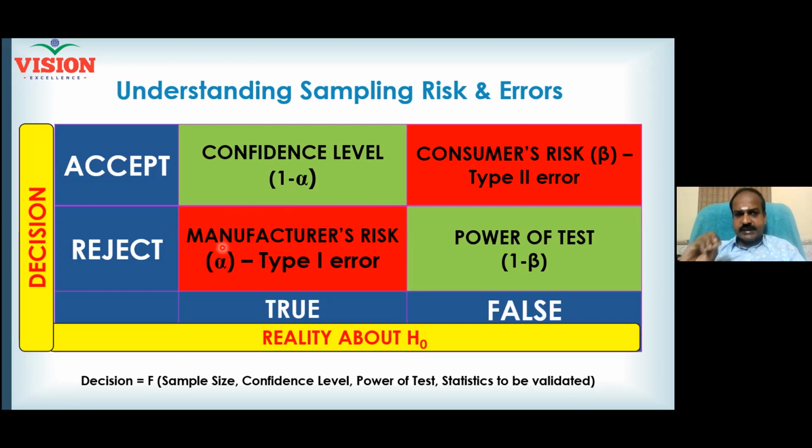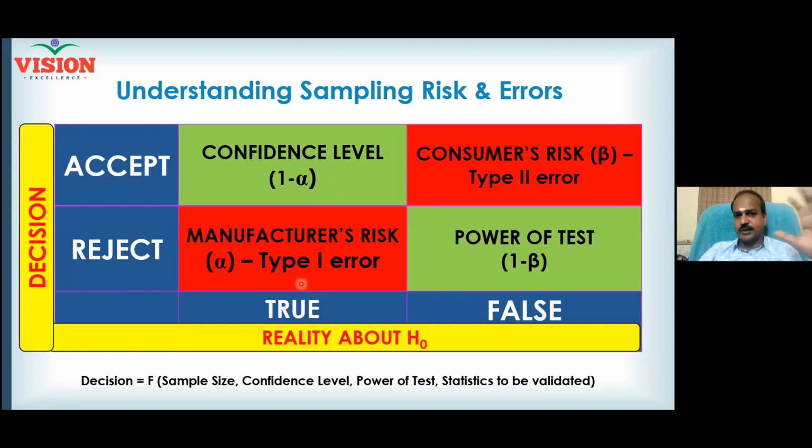Generally, companies can tolerate a risk of 5%, not more than that. That is the practice. That is the industry standard. If they tolerate 5%, what is the balance? You have to do the inspection correctly. You should not reject a good product at least 95% of the time. Am I right? 5% of the time, okay, you reject.